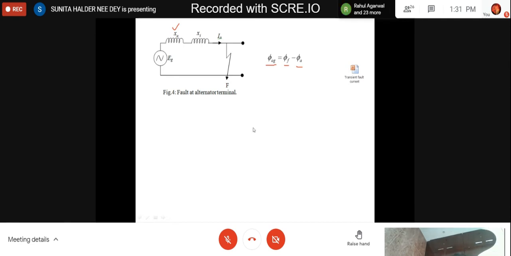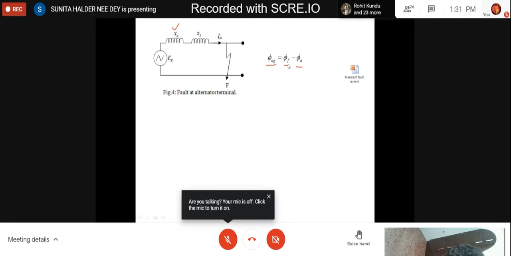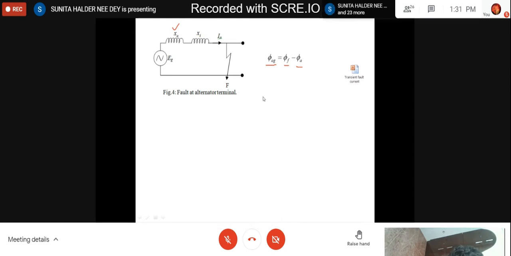So obviously this will happen if we allow this fault current to flow through it. Finally, it will nullify the field flux, and finally there will be no electric power generation. So the generator will try to prohibit that condition. For that reason, there is damper winding in the generator. Where is the position of damper winding? Can anybody say?